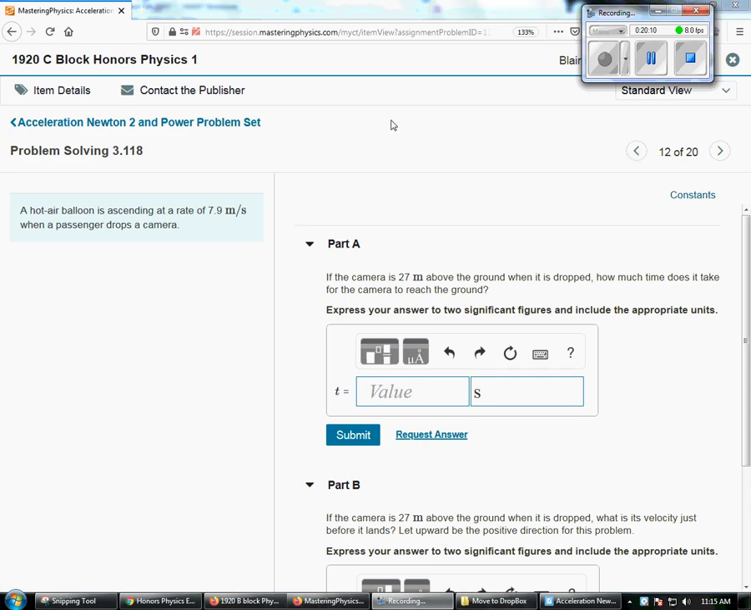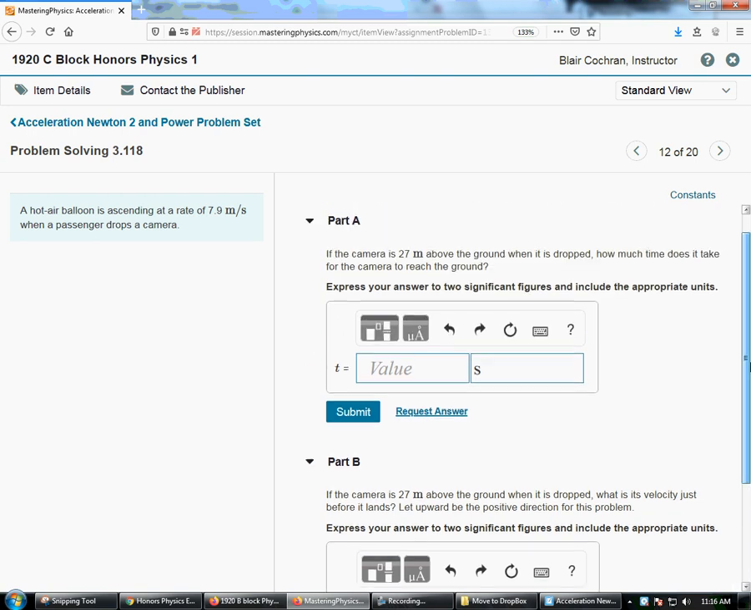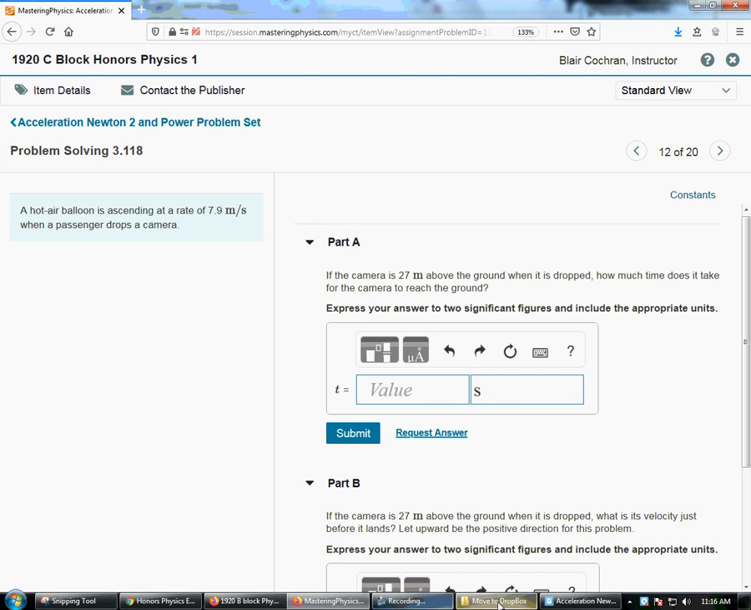Number 12. A hot air balloon is ascending at a rate of it. What does ascending mean? Traveling upwards. Traveling upwards. And when a passenger drops the camera. All right, so right away I'm starting to think, oh, I got up, I got down. Which way do I want to call positive? Up? Okay. You guys are so boring, but okay, we'll call it positive. When the camera is 27 meters above the ground, when it's dropped, how much time does it take to reach the ground? And when it's dropped, what is its velocity just before it lands? Let upwards be the positive direction for this problem. All right. So,